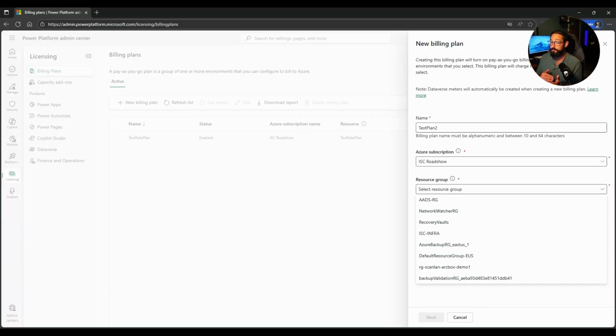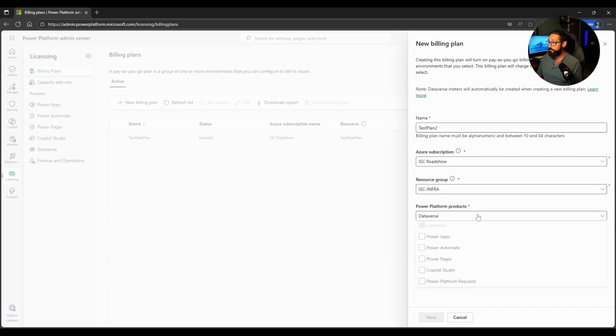So on the Azure plan side, make sure you create a resource group in your appropriate region ahead of time. So we'll just choose the ISC infra, and then we're going to choose the products that it applies to. So in this case, Copilot Studio. Now,